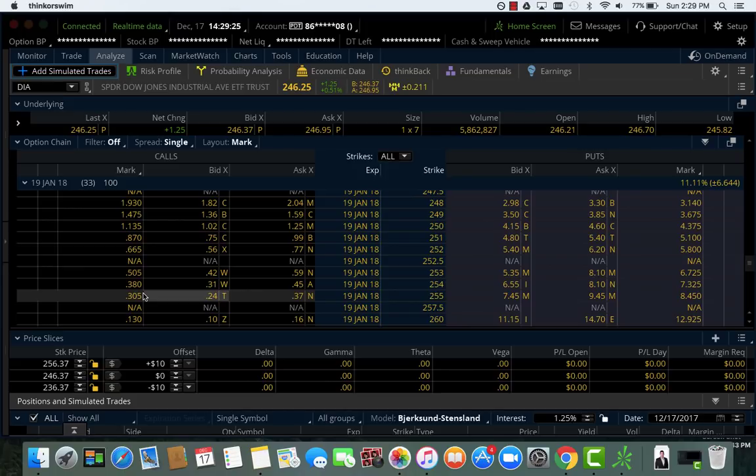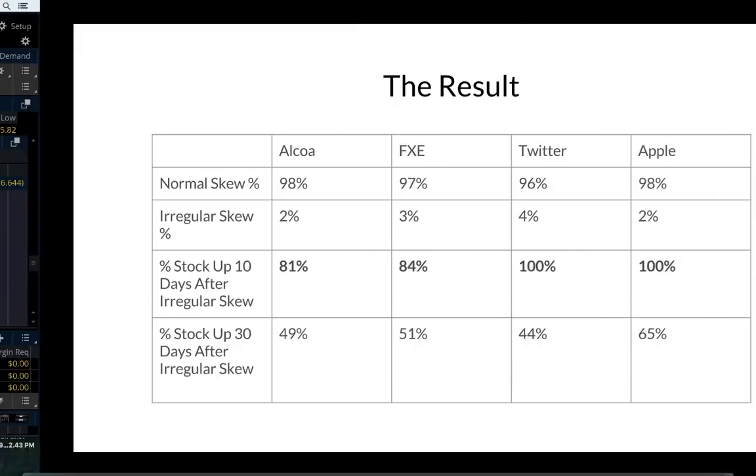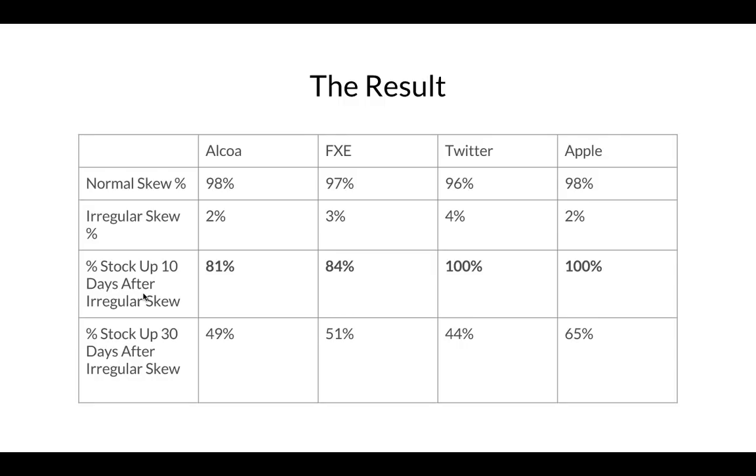When the calls that are the same distance away from the current price of the stock as the puts are priced greater, that means 10 days in the future, there is a very, very high likelihood that the stock will be up. That is truly, truly amazing. Somebody knows something. Somebody's seeing risk to the upside when everyone else is thinking there's risk to the downside. That's what it means. So what are the takeaways?